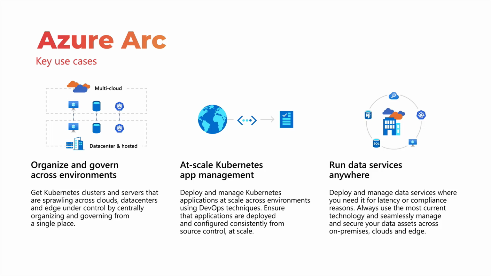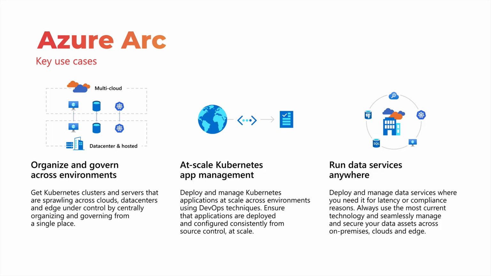So at a high level, Azure Arc addresses 3 use cases. The first one is organizing and governing across environments. You can onboard your traditional infrastructure based on VMs, modern infrastructure based on Kubernetes clusters to Azure Arc, and you can manage them from a single pane of glass. Then you can use deployment at scale by enabling what is called GitOps. And Azure Arc has a very sophisticated yet simple deployment at scale mechanism delivered through GitOps. More on this later. And finally, as I mentioned, the ability to run data services anywhere.